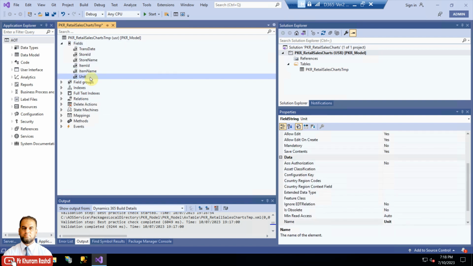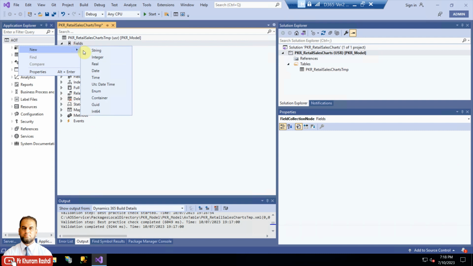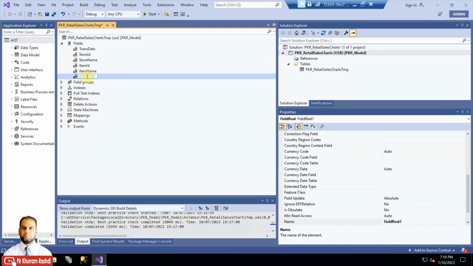And then, instead of unit of measure, because we are not interested in the quantity being sold, since it can be multiple types, we will only put a value here. So value will be of real type. This will be sales value. Okay, and then we have